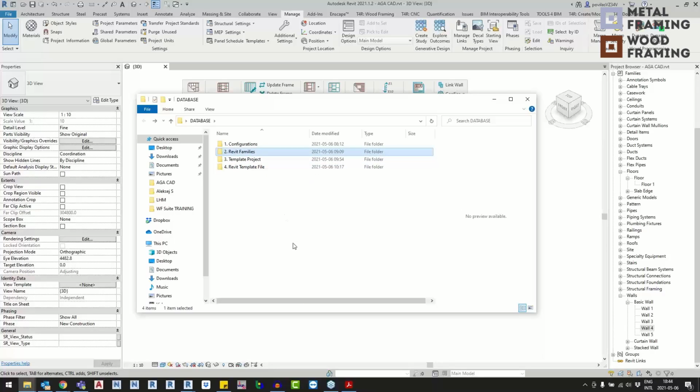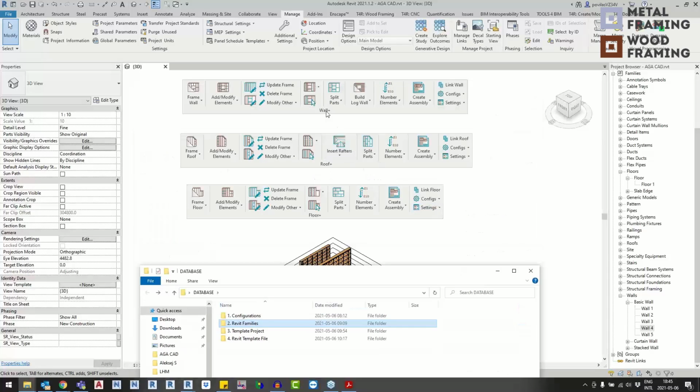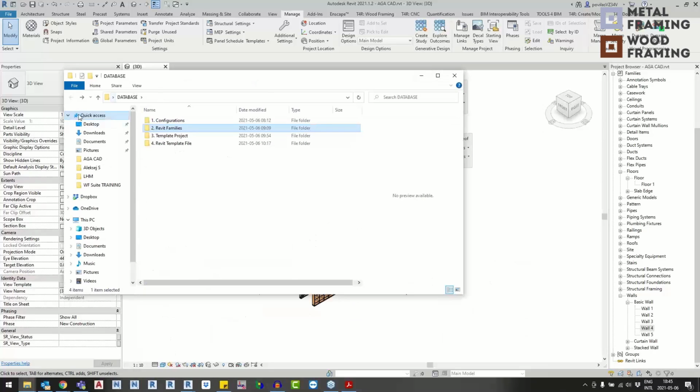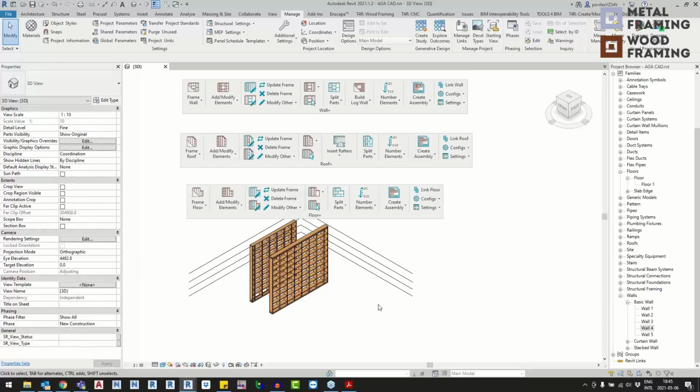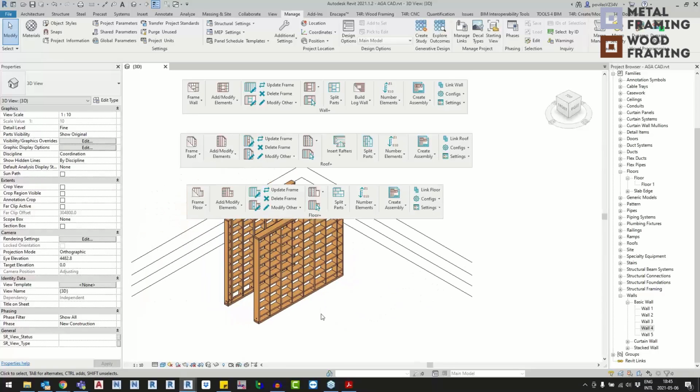So that pretty much covers all four of the items, the input which you load into your new project, along with specific families of wall, roof, and floor. So that's that. Let's now look at